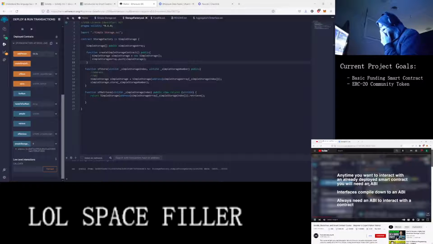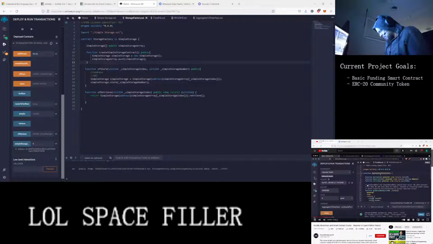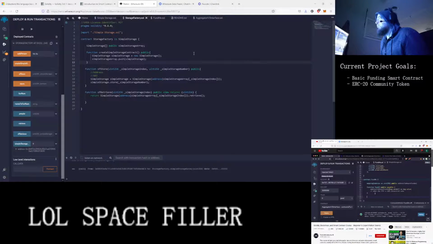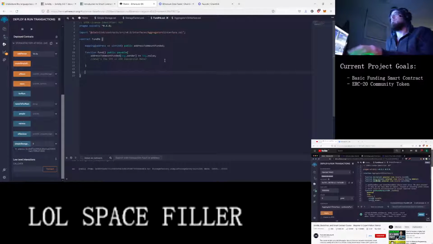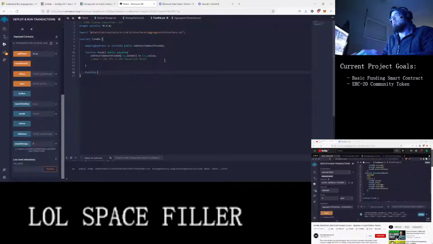We always need an ABI to interact with a contract. So how do we actually work with this contract here? To interact with an interface contract, it's going to work the exact same way as interacting with a struct or a variable. Let's define a new function called getVersion, and we're going to call this version function on this other contract. So we'll start out doing function getVersion